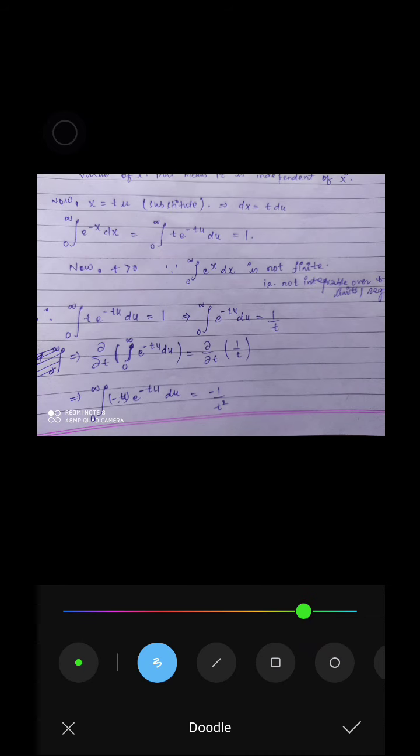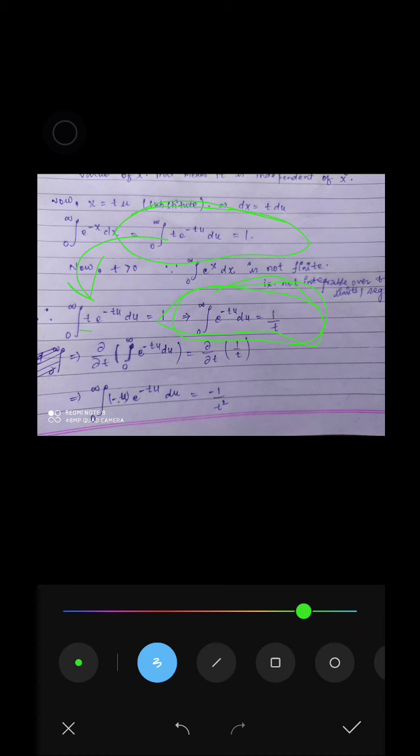Now coming to our derived equation over here, writing it over here again. So now since we know that t is independent of the variable u, I can move this quantity t to the right hand side of the equation and make this equation look like this. I can do this because t is independent of u, which is the variable. Constants can be moved to the other side of the equation during integration. So I have done this, and there is no problem in doing this. Okay, now we have got this equation.